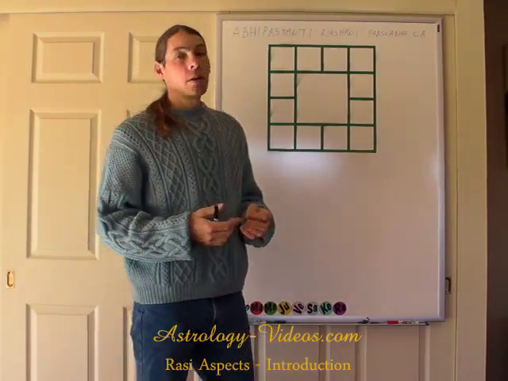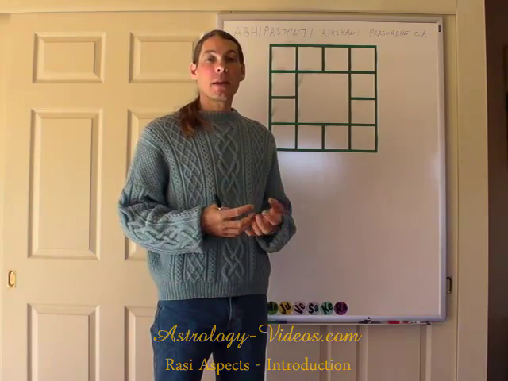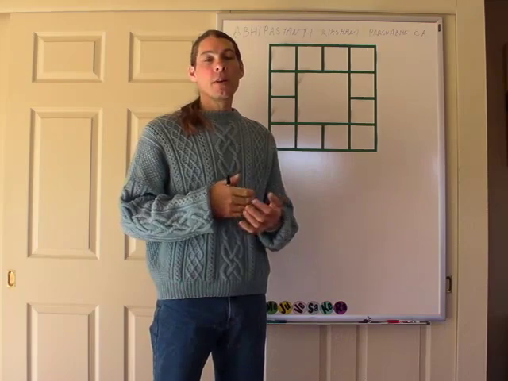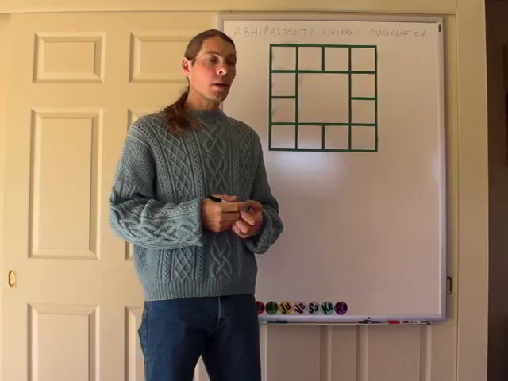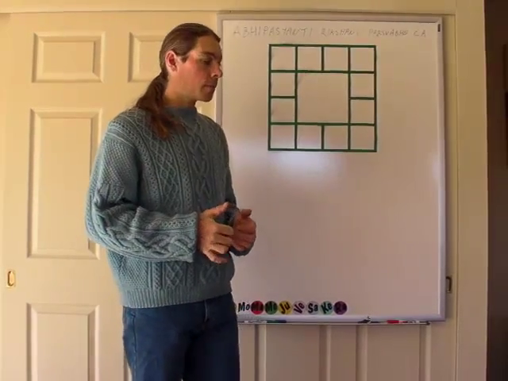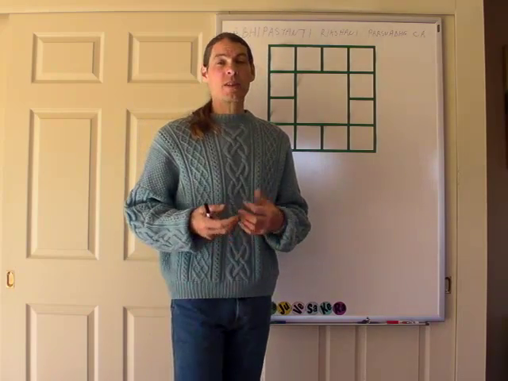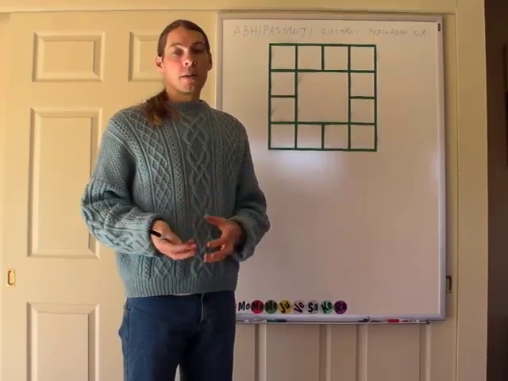Rashi aspects belong to the Jaimini school of astrology, which really deals with concrete events that happen or don't happen in our life, things like longevity, degree of wealth, marriage, yes or no, those types of things, number of children. Jaimini deals with all those types of things, and to do those things he uses Rashi aspects, which are aspects based on Rashis. And they're equally important to planetary aspects.